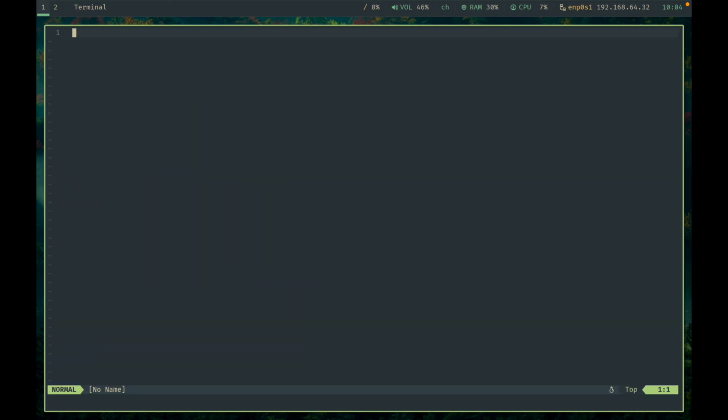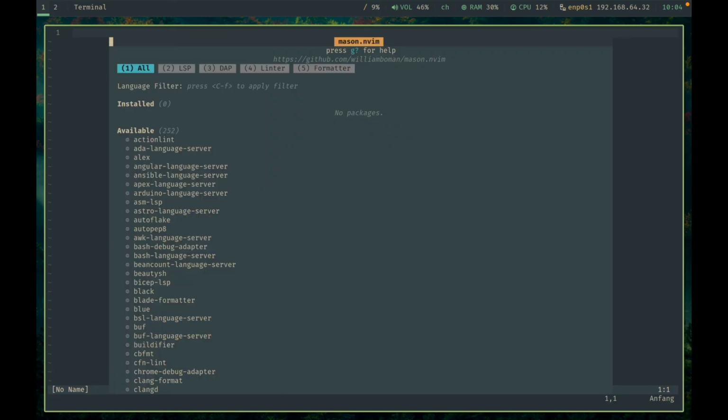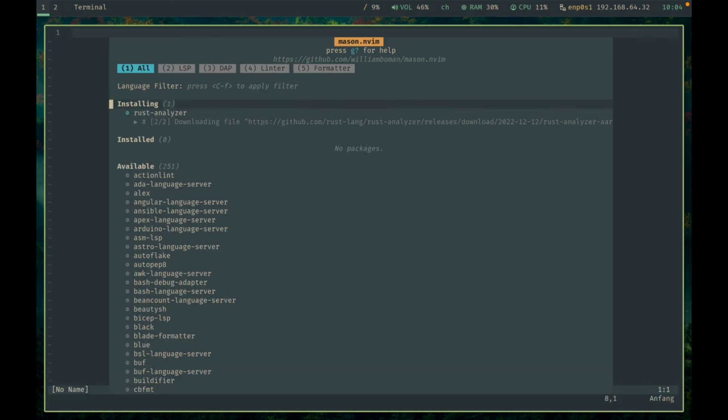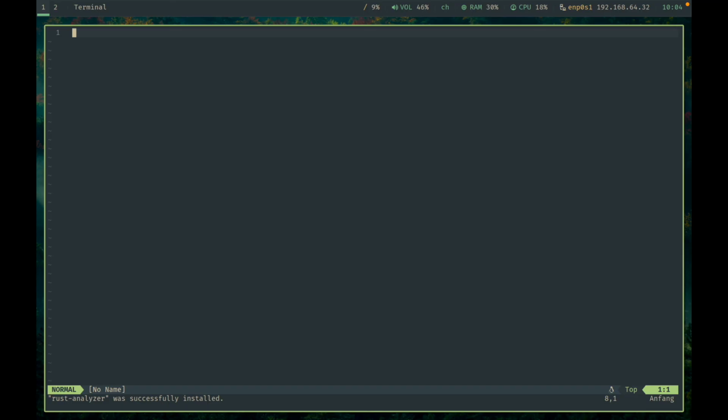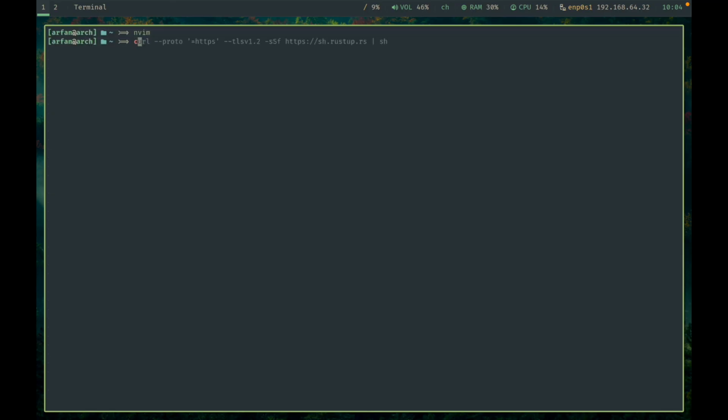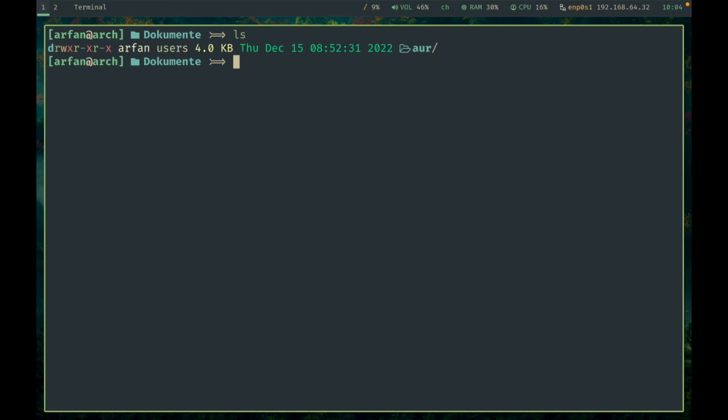Now in NeoVim I have a plugin called Mason, and here you can see the available LSPs. So I will Mason install rust-analyzer like that. Now if I go for example to my documents folder and I create a new cargo project,